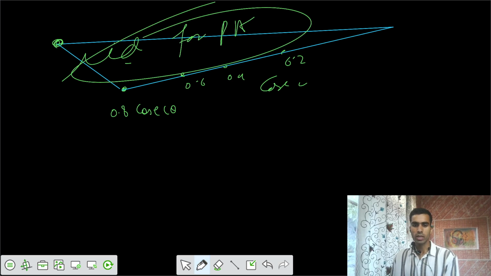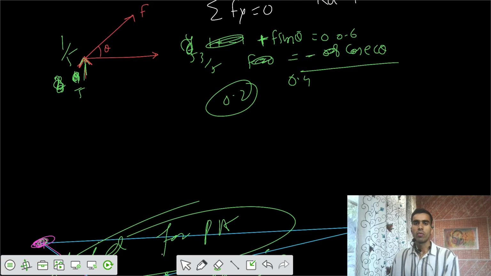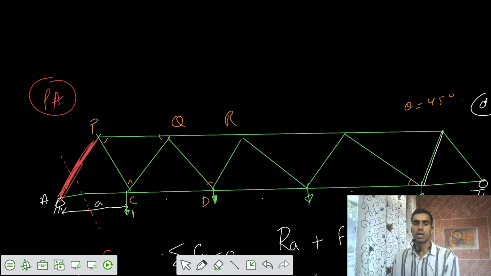So once you got the two critical points, then you have to join them by a straight line. So you join those, and this is not our critical point. That means here the value is 0. If the load is placed here, it would be 0. You have to just see which of these the member if